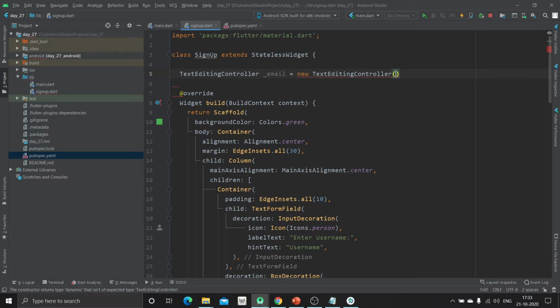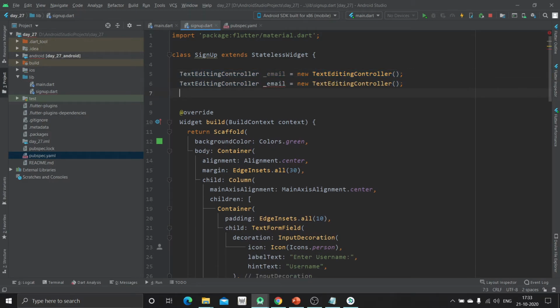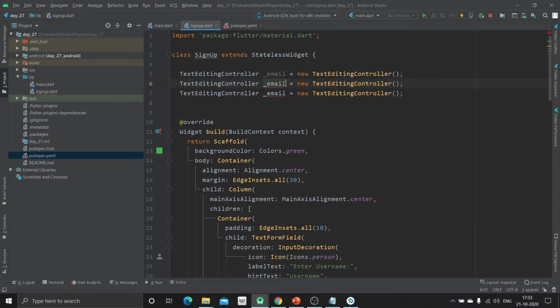Now just copy this and paste it twice, and change the names. The second one will be password, and the third one will be user.